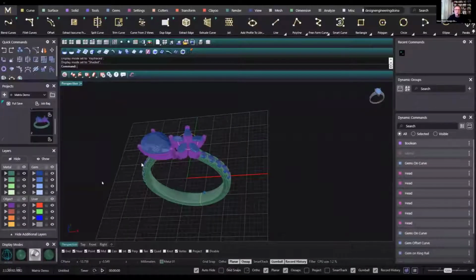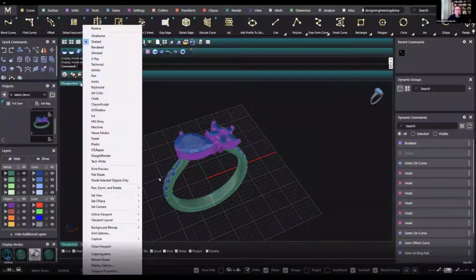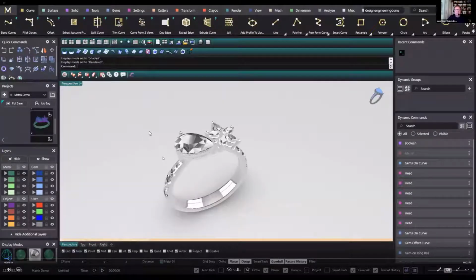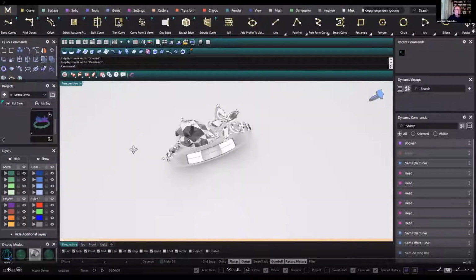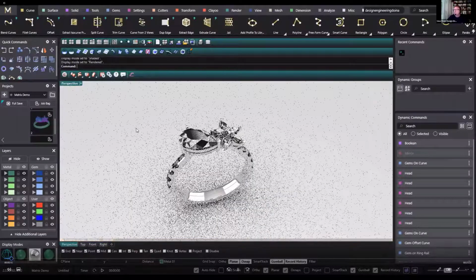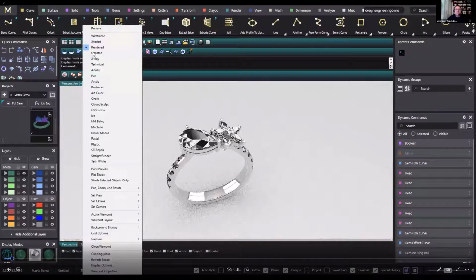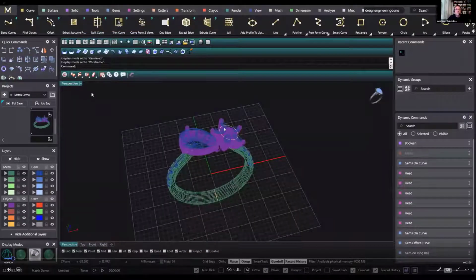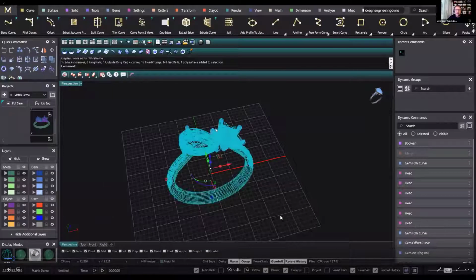So we have this ring that we will model, and you can see here we have a big gem, and then we have some gems looking like a flower. And the idea is how to make this thing,